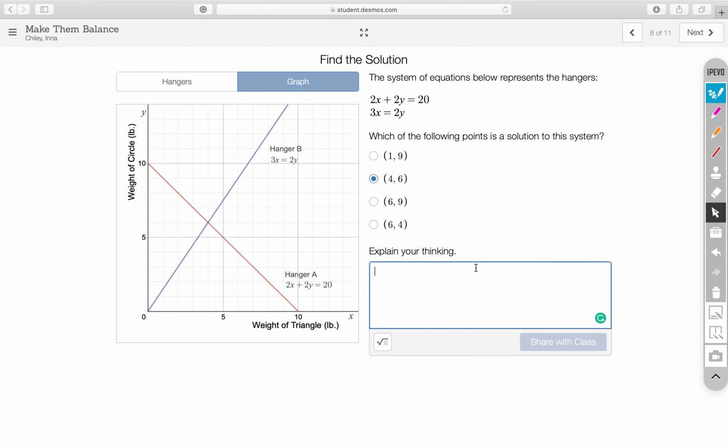And then explain our thinking. We can say the point 4, 6 makes both equations equal. When you plug in x, 6,